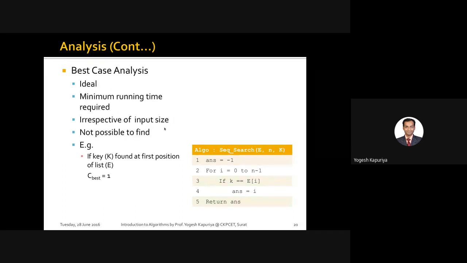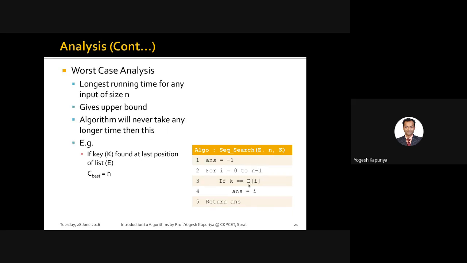So if you consider the best case for linear search, it is 1 because the element was found at the first position only. Then in the worst case, the complexity of sequential search is n, because the element, if it is there, is always going to be at the nth position. It will not be there after n, obviously. You are not going to look after n. So the maximum time this algorithm will take is order of n. So that is worst case analysis. I hope you understood this too, best case and worst case.